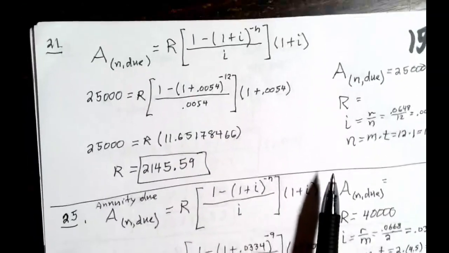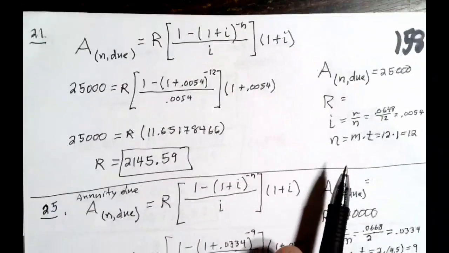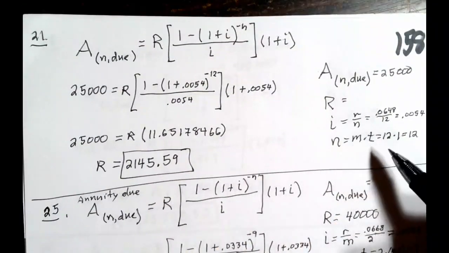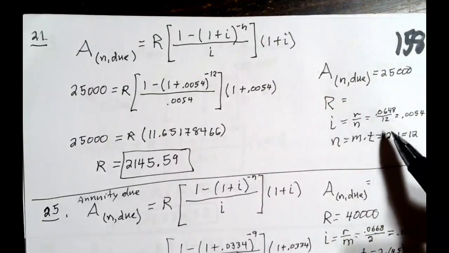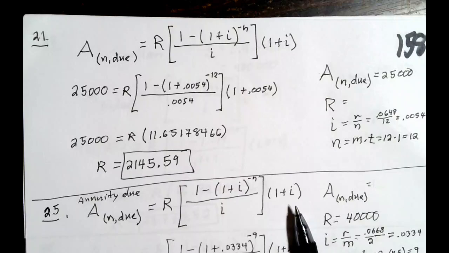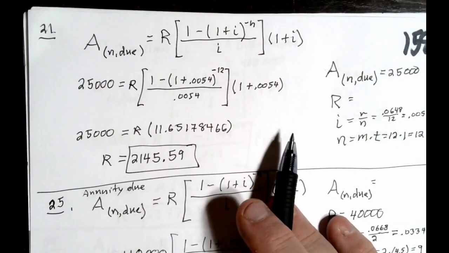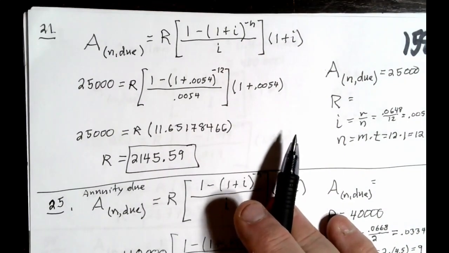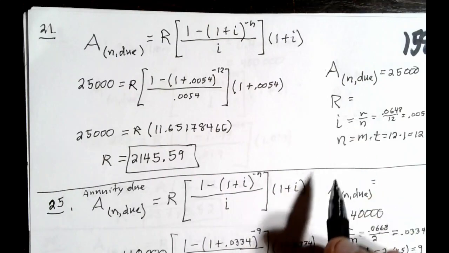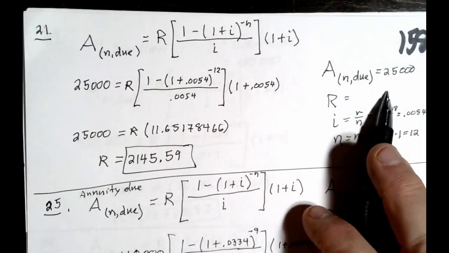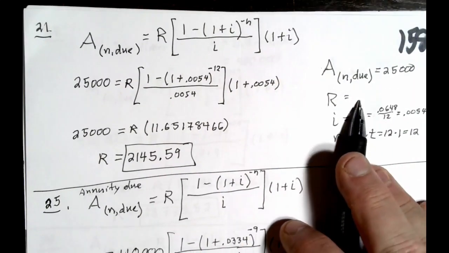21. 21 says a year-end bonus of 25,000 will generate how much money at the beginning of each month for the next year? All right, so on 21 we have end of year bonus of 25,000 will generate how much money at the beginning of each month, so that's your